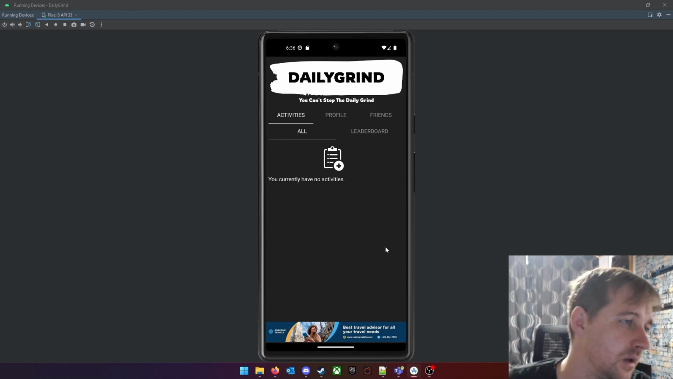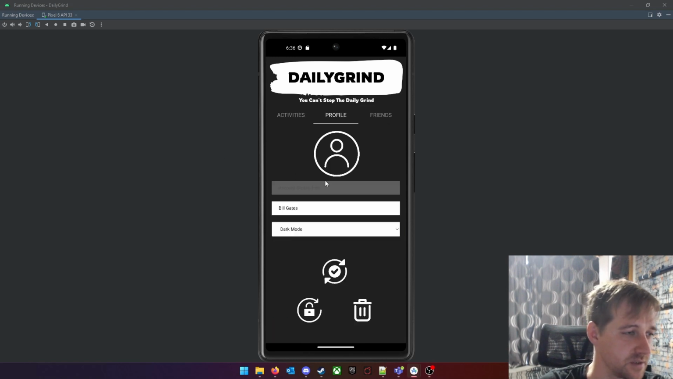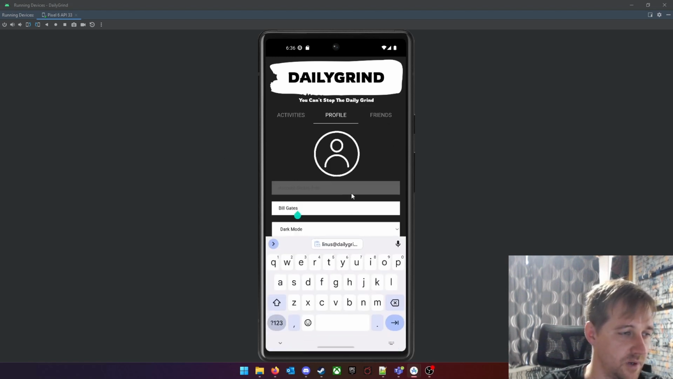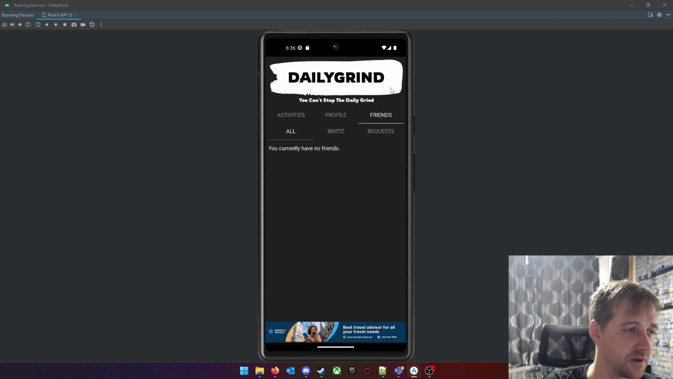Okay, here in the main part of the application, we can navigate to the profile page where we can update the name if we want to, as well as the theme. We have this button here that will update the password, and this button here that will delete the account if we want to. For now though, I am going to go to the friends section,